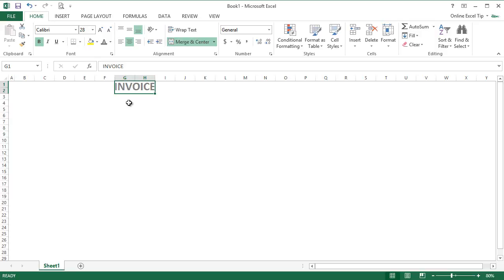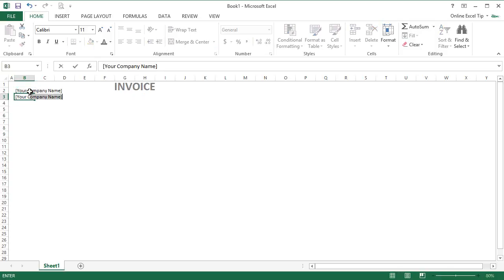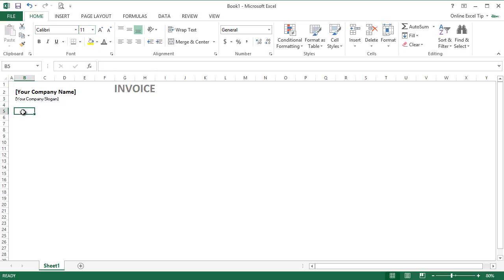Now as we have a title, let's have the rest of the details. So we go to B2 and type your company name, and then in B3 you can have your company slogan. Format your company name as bold and increase the size to 15 and decrease the size of your company slogan to 9. Now come down to B5 and then enter the rest of the company's details like street address,